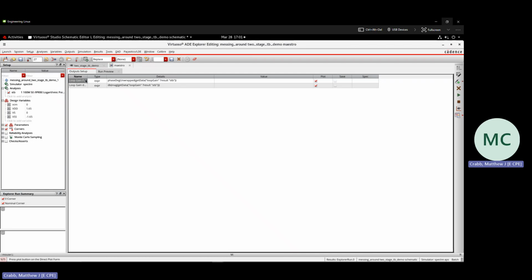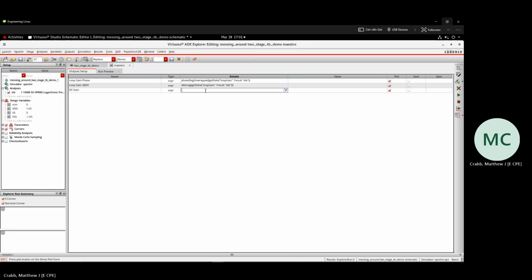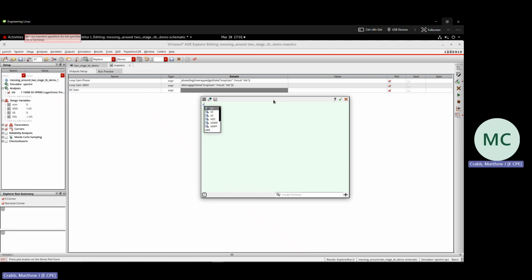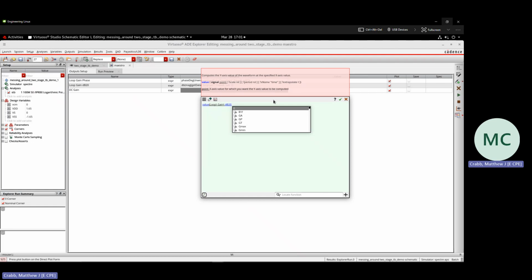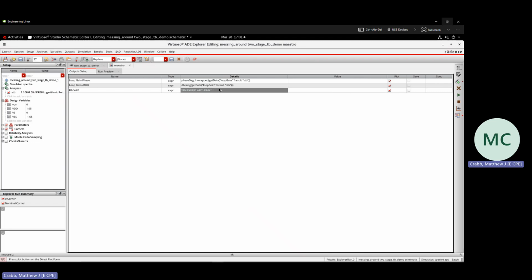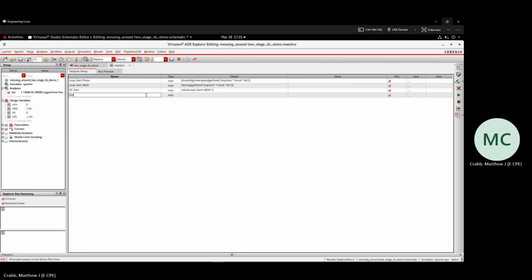I'm going to go here, and now that I've got these two things here, I'm going to add a thing called DC gain, which will be the value of the loop gain dB20 at 1 hertz, because that was my minimum frequency. And this will auto measure my DC gain, and then I'm also going to add my bandwidth, or I'll call it my gain bandwidth, which is going to be equal to,